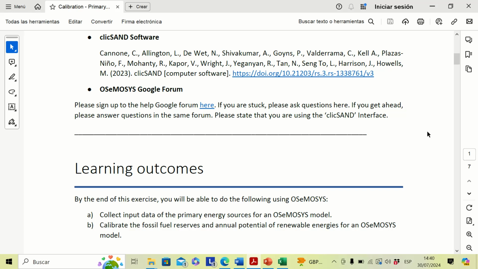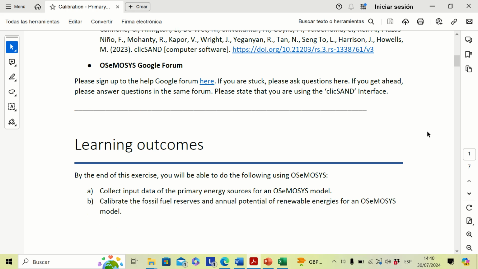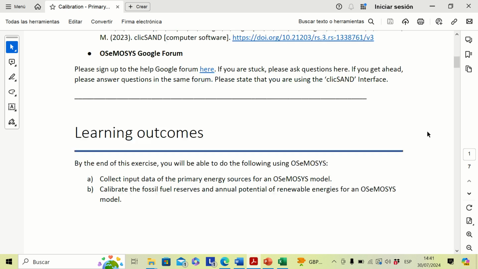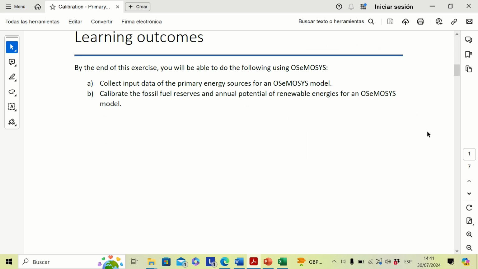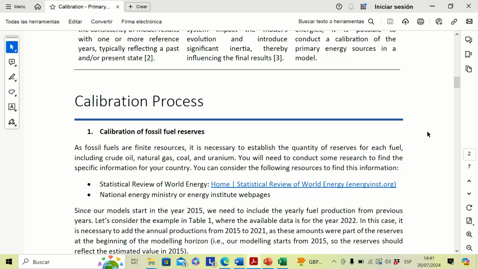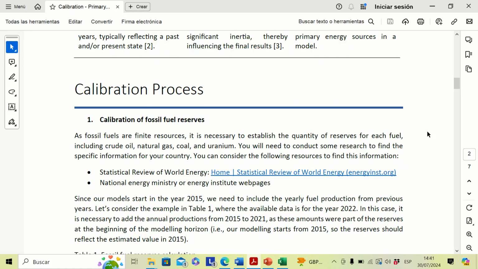Please try to read carefully everything before starting to watch this video because it will make it easier to understand what we are talking about. So the idea essentially is to collect the input data of primary energy sources in terms of both fossil fuels and renewable energy sources, and also to use those values to calibrate those potentials in an OSeMOSYS model. The first part is essentially to calibrate the fossil fuel reserves, so it means for crude oil, natural